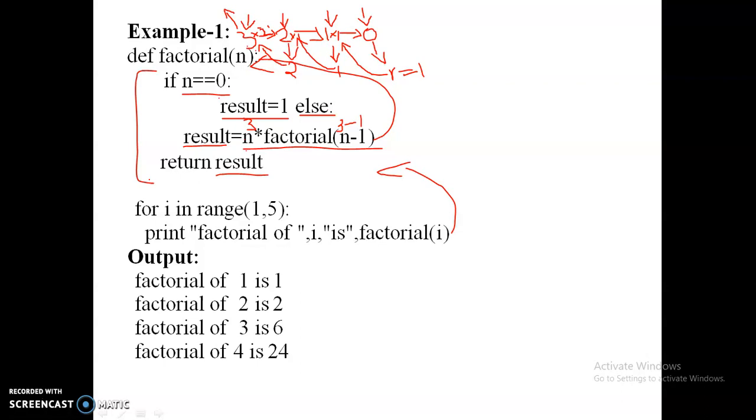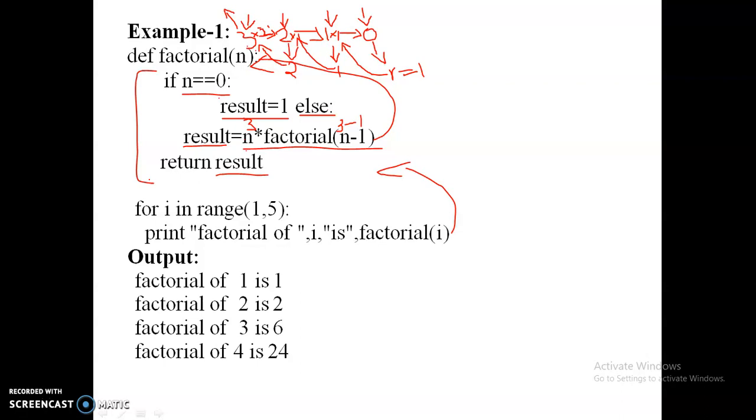Whenever you pass the n value as 3, it has to reach up to 0, so it creates 4 copies of the function. Whenever it is 0, the result becomes 1 and it is returned back. Then it closes that particular copy and returns to the previous copy. After executing the second one, it closes the function and returns back.